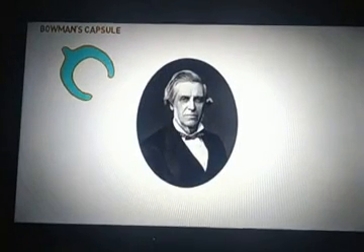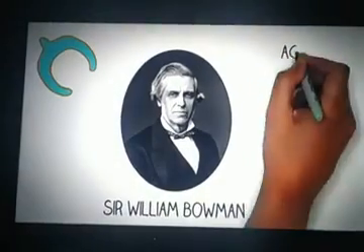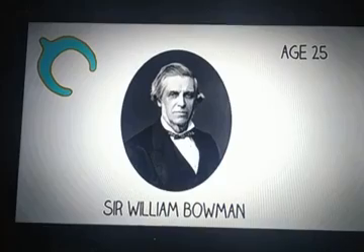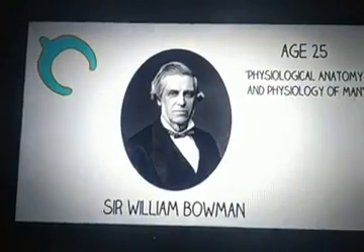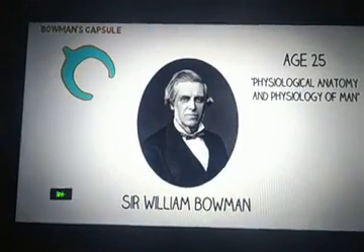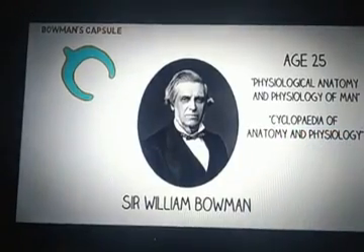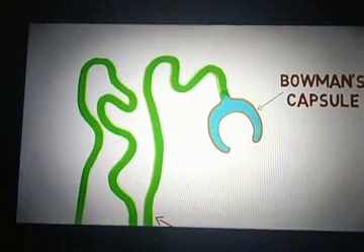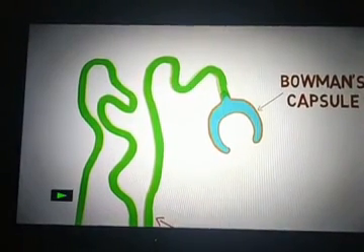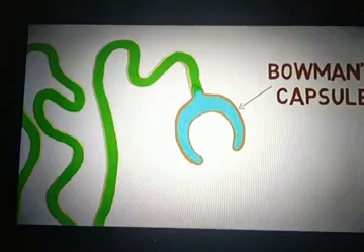It was discovered by Sir William Bowman at the age of 25. He has also written 2 books. He's a very famous scientist. He has written the book Physiological Anatomy and Physiology of Man, and another book is Cyclopedia of Anatomy and Physiology. Now, coming back to the structure of the nephron, the Bowman's capsule is a cup-shaped structure, and it is